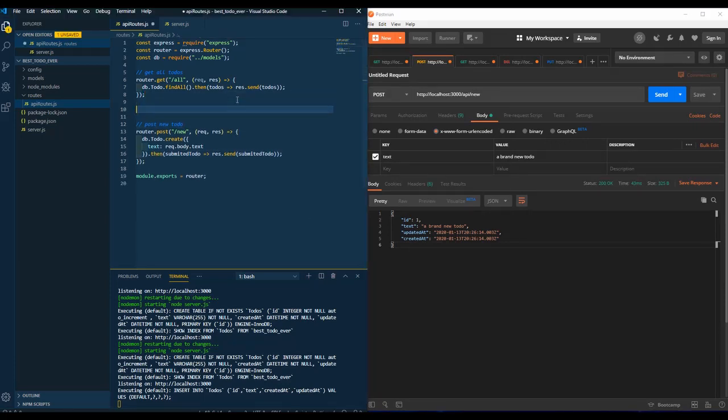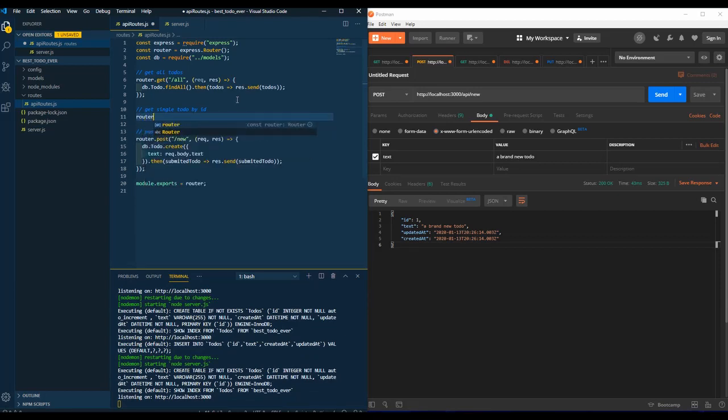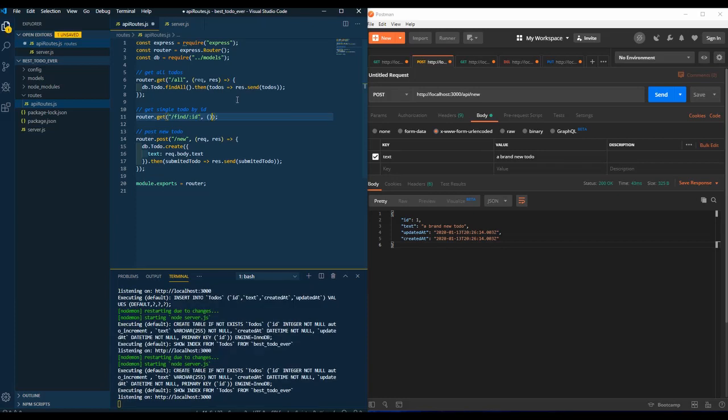All right, so let's create a new comment in here. I'm going to get a to-do by its ID. So just leave a comment, and let's create this new route. It's going to be router.get. It's going to be another GET request, but this endpoint is going to be at /find. And I'm going to access this through its parameters. So let's add the :id here. So now req, res, open up this arrow function,